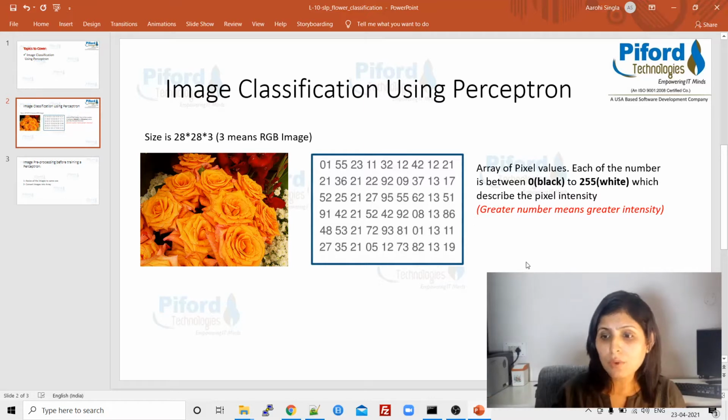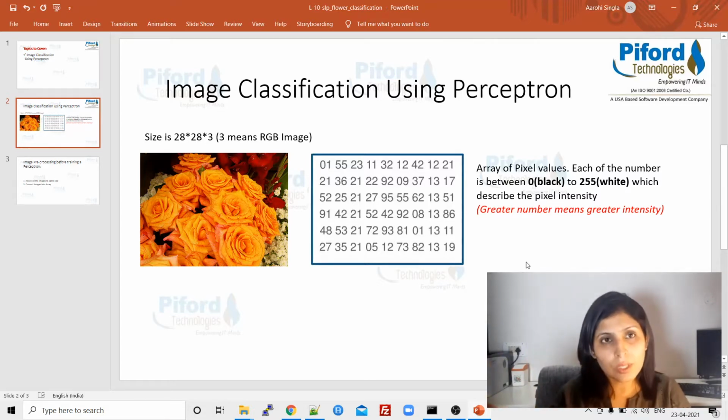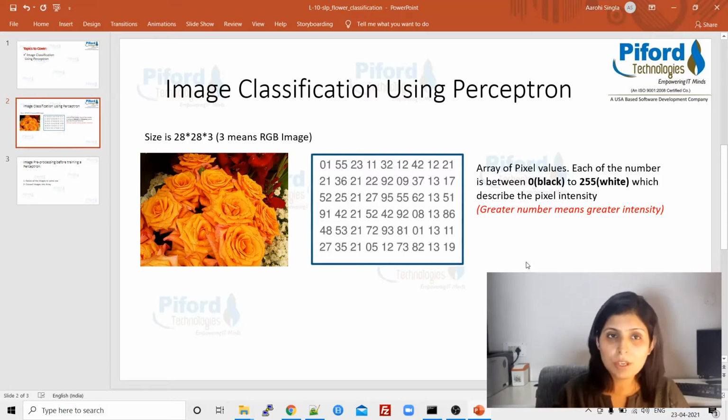So let's suppose if you have a value near about 230 or 240, that means that pixel has a whitish intensity. So every time you're working on images, always remember the computer understands an image in the form of an array of different pixel values, and every pixel value has a different intensity which lies between 0 to 255. 0 means the most blackish pixel value and 255 is the whitish.